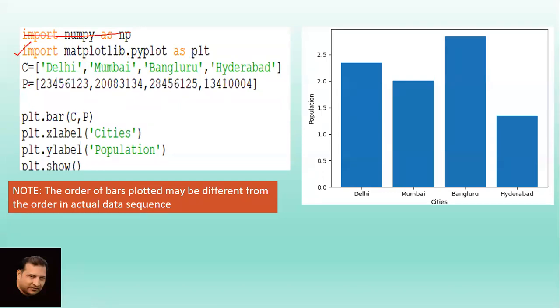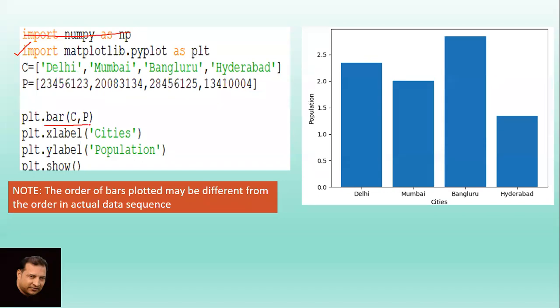I have taken two lists, cities and population: Delhi, Mumbai, Bengaluru, Hyderabad, and some random numbers depicting population in these cities. Just write plt.bar c, p.